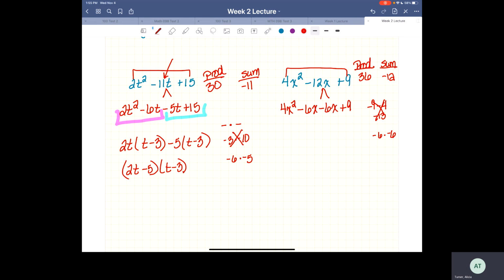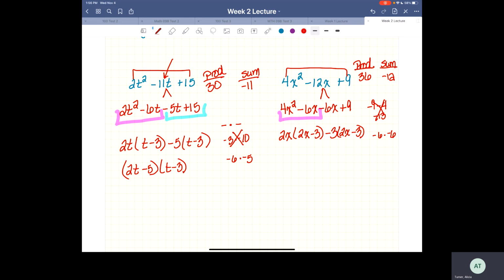Okay, now I'm going to solve by grouping. A 2x comes out of my first term and my second term, so I'm left with 2x minus 3. Now this is negative, and anytime your third term is negative, you're going to be pulling a negative out. Negative 3 times 2x gives me negative 6x. Negative 3 times negative 3